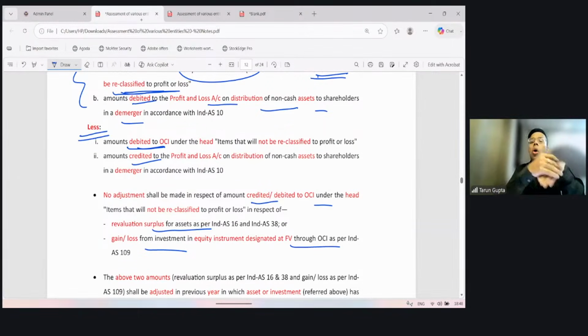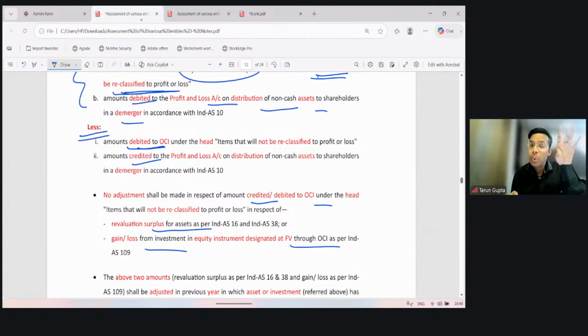So if there is revaluation surplus or any amount on account of fair valuation of equity instrument, and such amount is there in the OCI under the heading items not to be reclassified to the P&L,